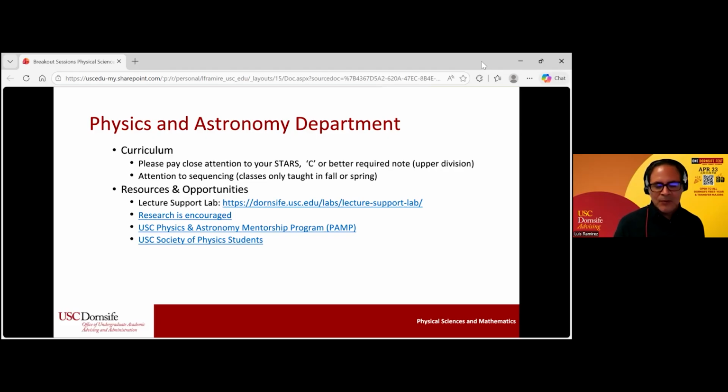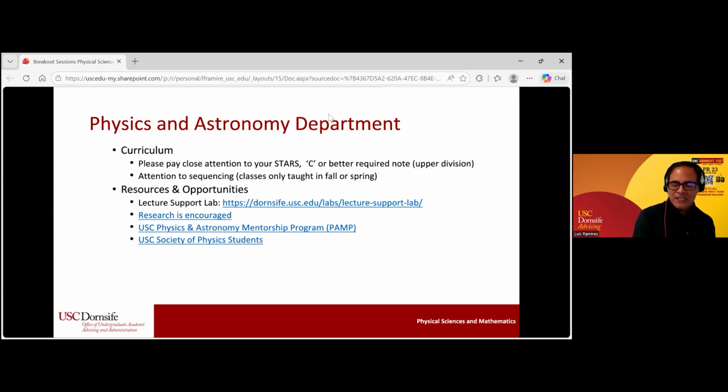I'm going to also next talk about resources and opportunities here, and I'm going to chat the links that you see here so that you have them handy. If there are any concepts that you may be struggling with, whether it be astronomy or physics, the lecture support lab link leads to some really great explanations of different concepts that could be helpful in absorbing the information that you need for physics and astronomy.